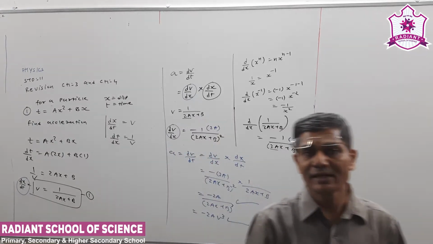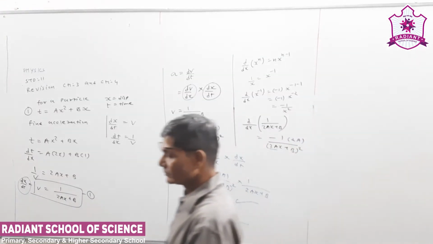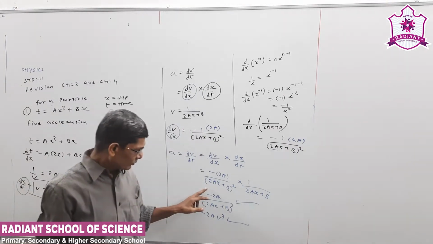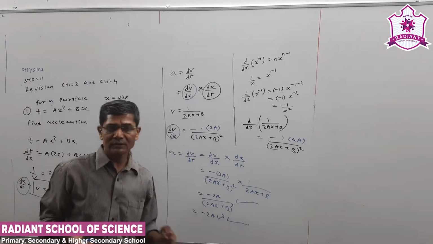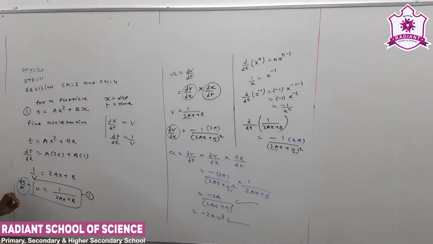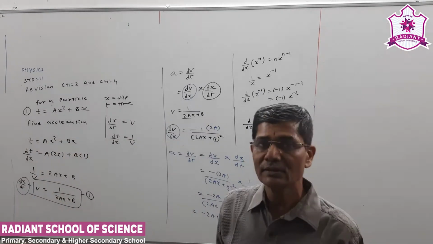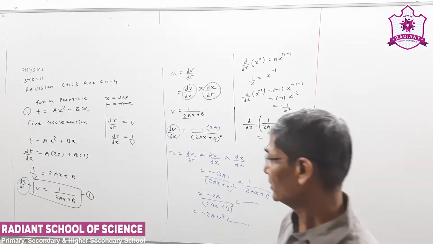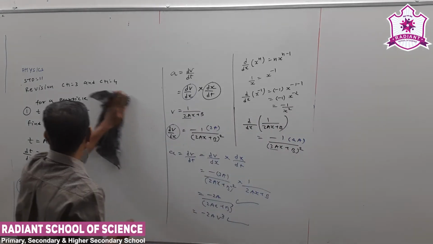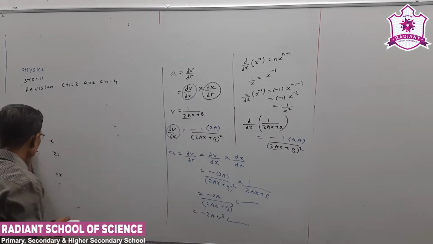In an exam, if it is asked as an MCQ, we have to see in which form the options are given. So this is how it is done. Here the t versus x relation is given, and we have to find out the acceleration. Now we take the next MCQ.